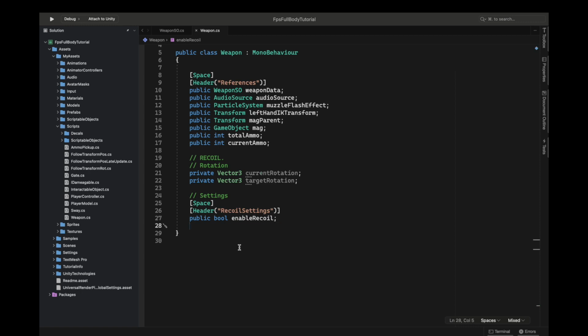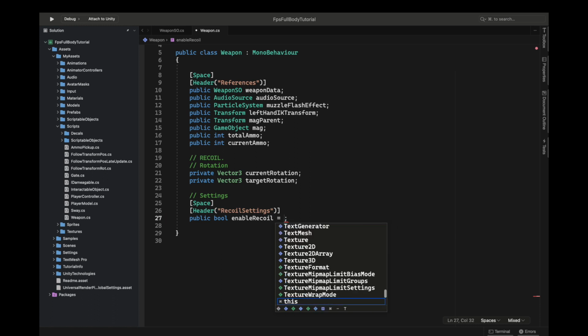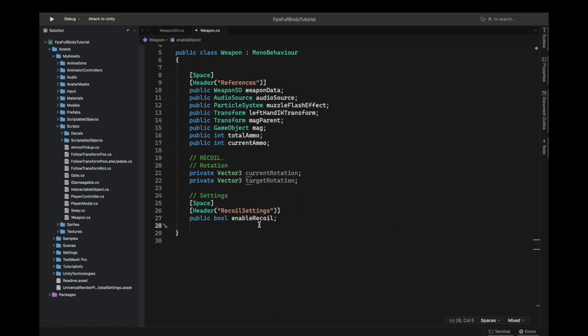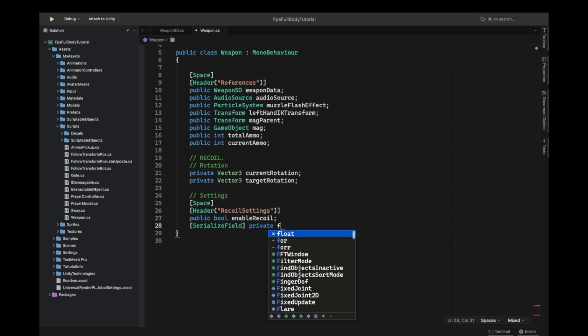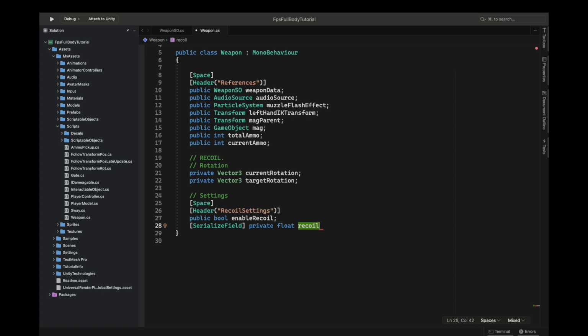This is going to be modified when we're swapping weapons, like picking up a weapon from the ground and putting the other one there. That would mean we need to turn this off, because if we don't, the local rotation is going to become 0, 0, 0, and that will make our weapon look odd when it's not supposed to be at that rotation. So we make a serialized field, and that's a private float, recoil,